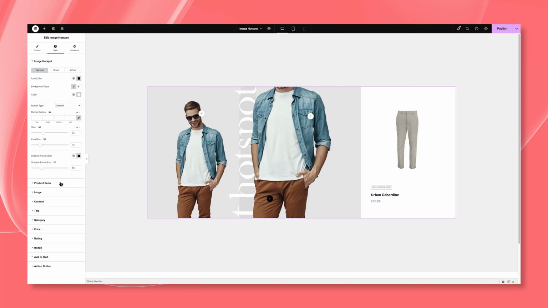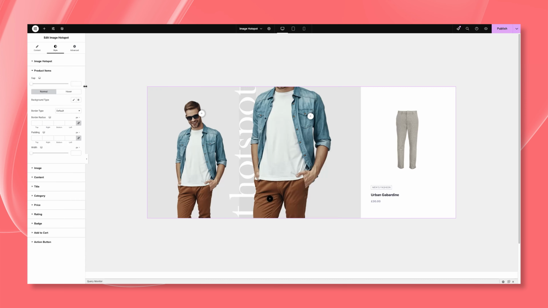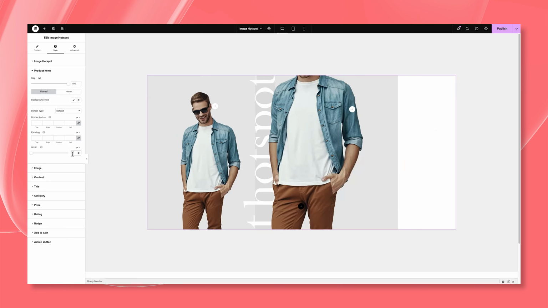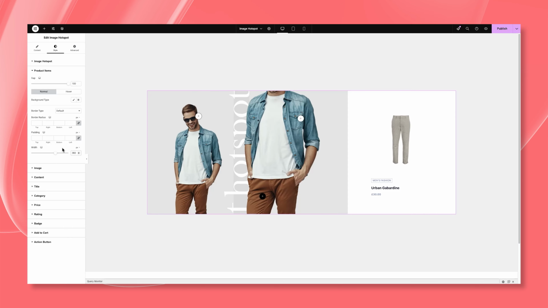Next, we move to the Product Items section. Here, you can adjust the gap between the hotspot icon and the slider image. You'll also see two sub-tabs, Normal and Hover. Under the Normal sub-tab, you can control the background type, border radius, padding, and width of the product item container. Under the Hover sub-tab, you'll be able to set the background type and border radius for when the user hovers